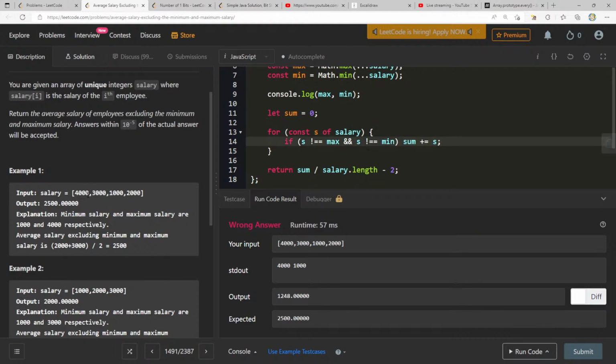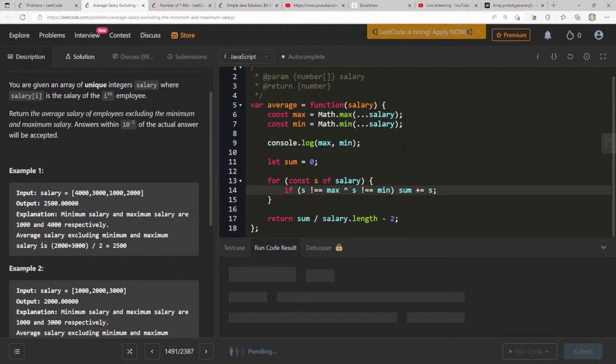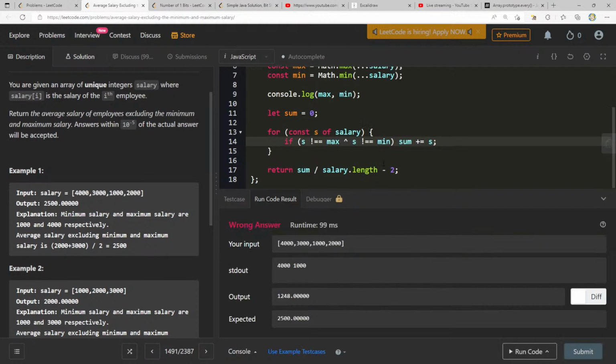So we'll add this one because it's not going to be either. But maybe 1 or 0. What if we do this? If S is not equal to max, XOR S not equal to min,